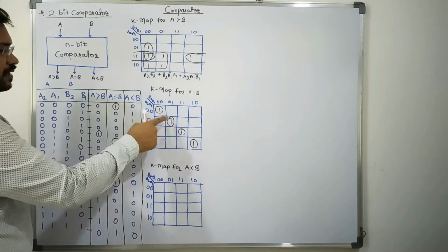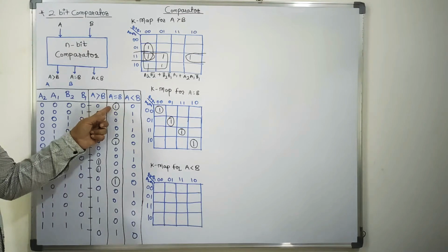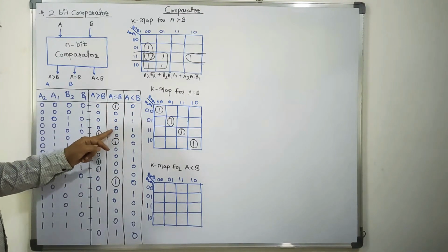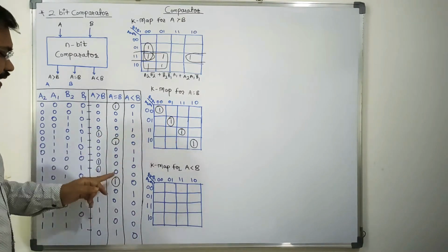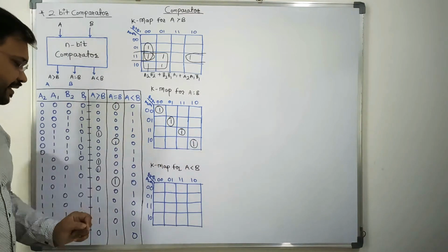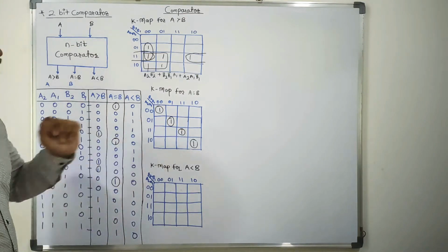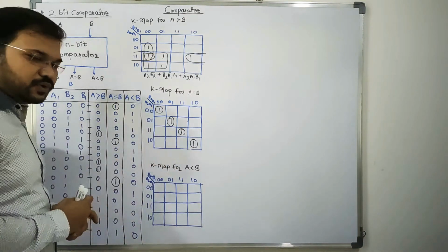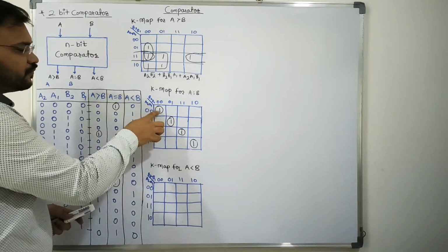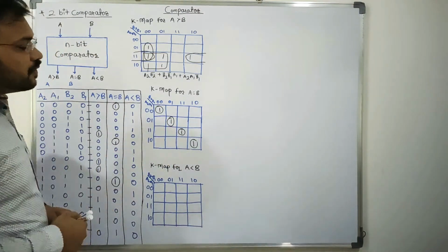Next, the K-map for A is equal to B. Already we have written that equation, or the numbers here, 1 1 1 1, we are getting for A is equal to B. So here for A equal to B, that 0. Next for 2 3 4 5 6, we are getting the 6 here. Next for 7 8 9 10 11, for this we are getting 11, and next 12 13 14 15. So here we get 15 for this. So in this way we have a diagonal of numbers, but individually you can do the grouping, for individual group for 1, next for 5, next for 11, and next for 15.